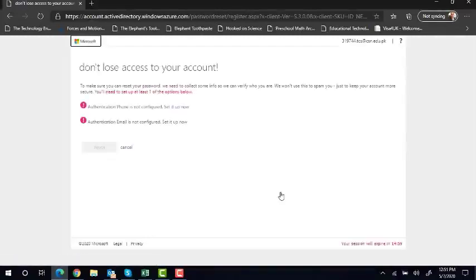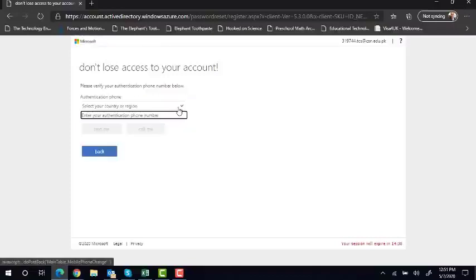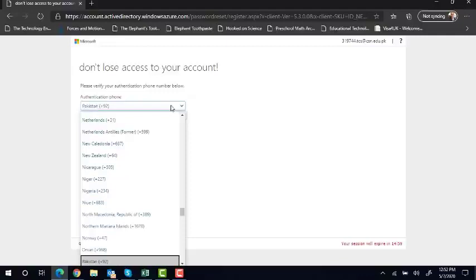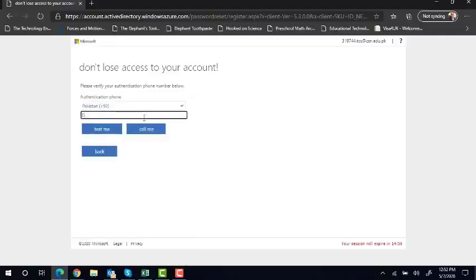Now the next page is very important. What happens is people at times forget passwords. They write it down somewhere, then they forget it. So there is a procedure through which you can recover the password of your child. There are 2 procedures for that. Number one is to use your phone as an authentication device. So we would suggest that parents should use the phone authentication, select the country, and enter the mobile number which they are currently using, so that in case a child forgets his password, you can recover that password by entering your phone number and you will get a verification code.